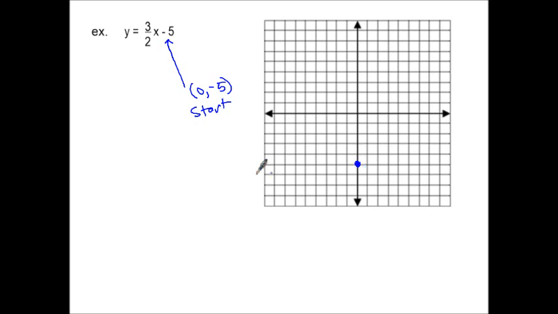So down 5. And then again, what that 3 halves means is I can go up 3 and then right 2 before plotting a new point. So I'm going to go up 1, 2, 3 and right 1, 2, plot another point. And the beautiful thing about this is I can continue that pattern as long as I feel like it. So I can go up 1, 2, 3 again, over to the right 2, make another point. And again, I can do that all day, but for now,